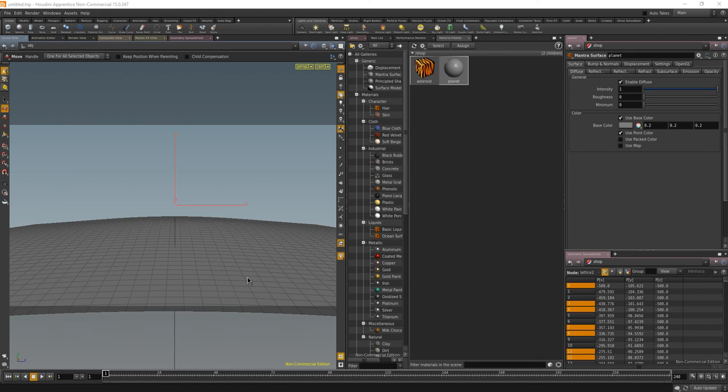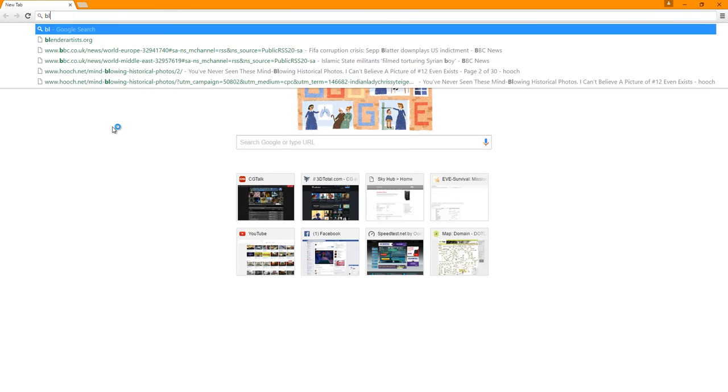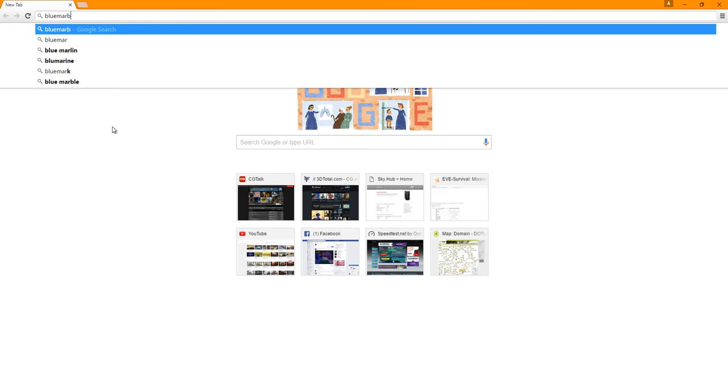So I'm just going to open an internet browser. I don't need that popping up, and let's bring this over here so we can see what we're doing, and we just go blue marble maps.